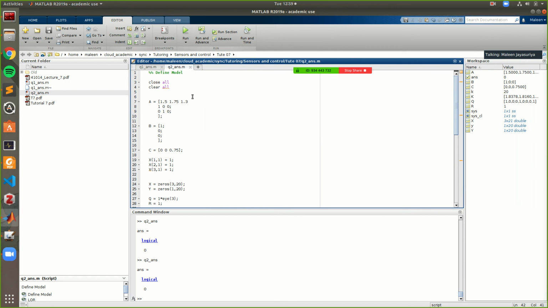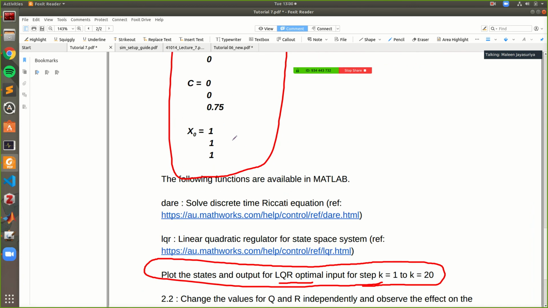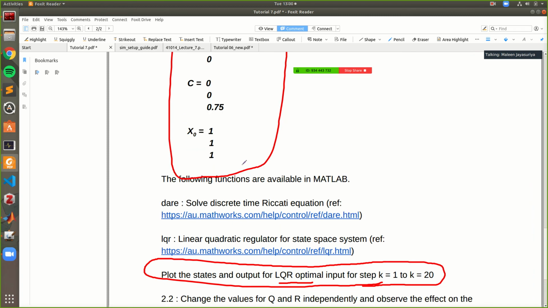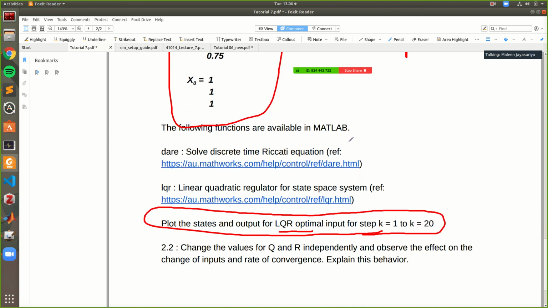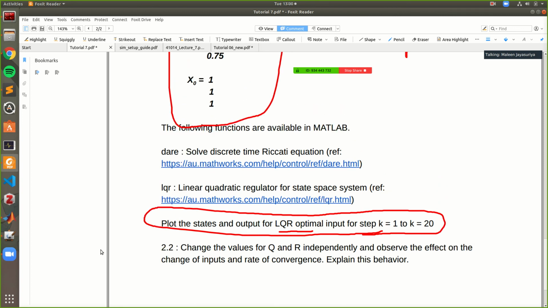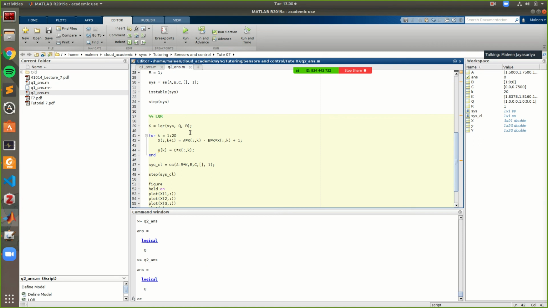So that's it really for this question. What we did is we defined the ABC matrices. We looked at the open loop system, it was uncontrollable. Then we used the LQR function based on the Q and R values we provided. It provided us with a K matrix that will place our poles and stabilize the system. And then we plotted out the states and looked at how the states evolved. And you can either do that in a loop by recording the states over these 20 periods of time, or you can just look at the step input.